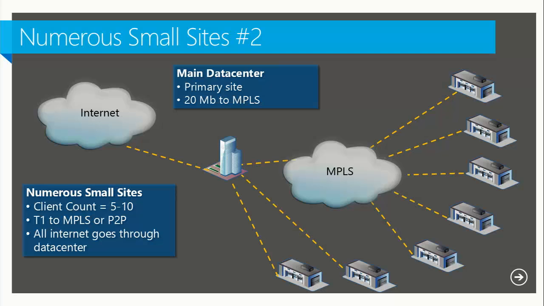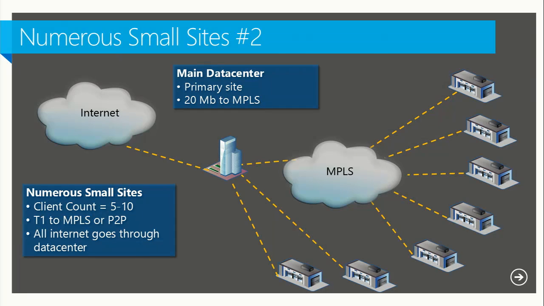Another situation, so a lot of small sites with a different scenario. This one, instead of each location having that split tunnel from MPLS and internet, they all have to go back through the main data center to get to the internet. I've run into this at a lot of clients. Their internet filtering software is only at their data center, so everything has to come across that T1 link to get out to the internet. Well, in this situation, a cloud DP, quite honestly, would be a disaster. It'd be just abysmally bad if you try to do that. And so in this situation,